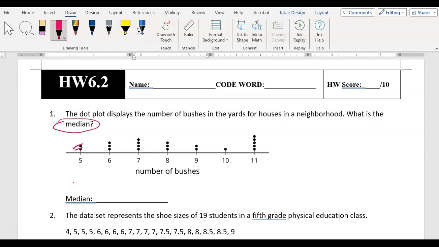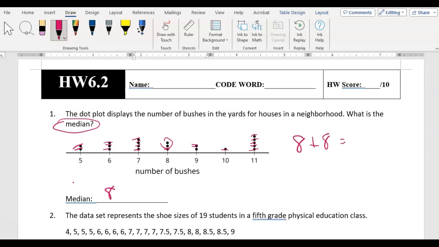So I'm going to cross off 2 from here, cross off 2 from here, cross off 2, cross off 2, cross off 2, cross off 2, cross off 2, cross off 1, cross off 1. So our two middle numbers are 8 and 8, which means that our median is 8 because